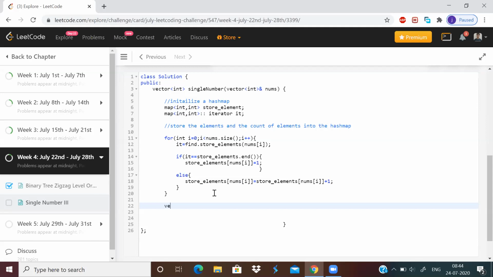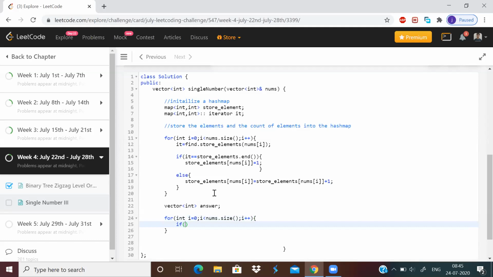So for that, I'll initialize a vector int answer where I have to store the elements. Then we just need to iterate through the array, nums dot size and i plus plus.